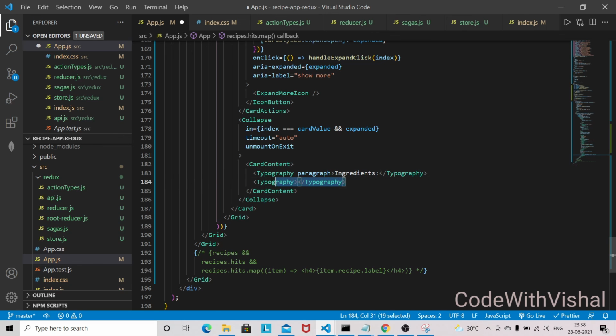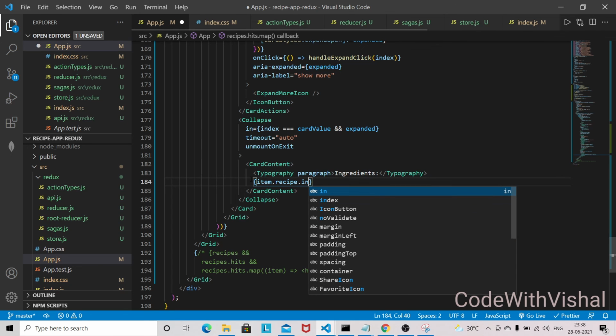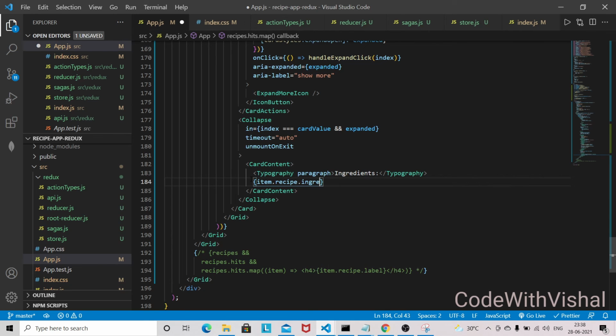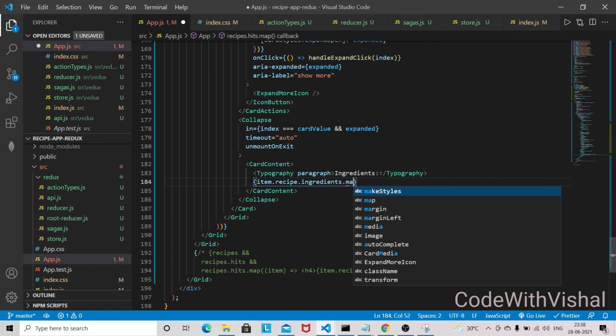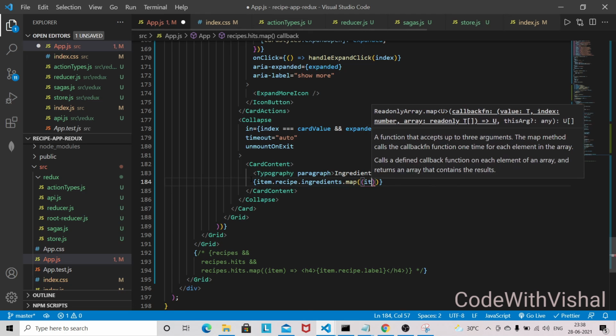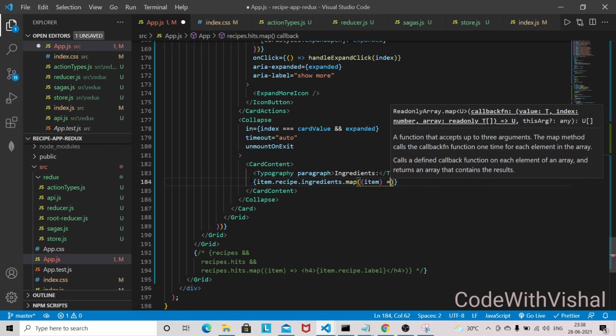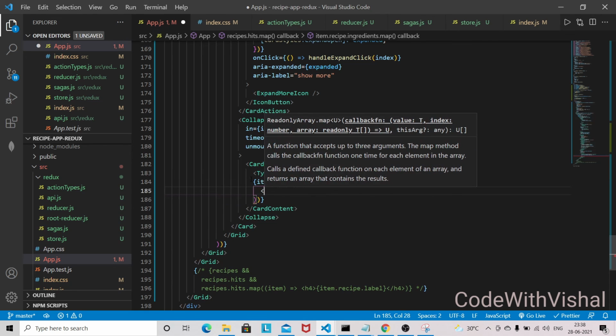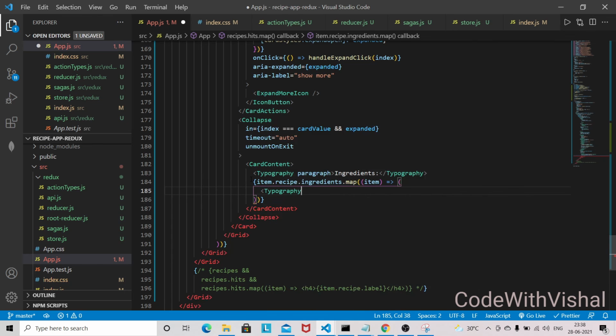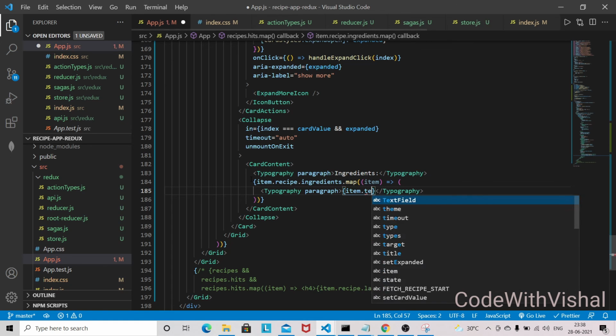So let's remove this one, and item.recipe.ingredient. So ingredients.map, item equal to, and we are again going to use Typography here, and it will be a paragraph, and we are going to read the text here.